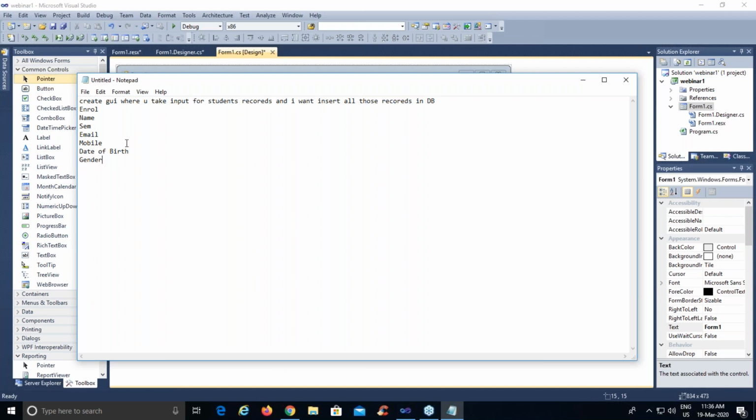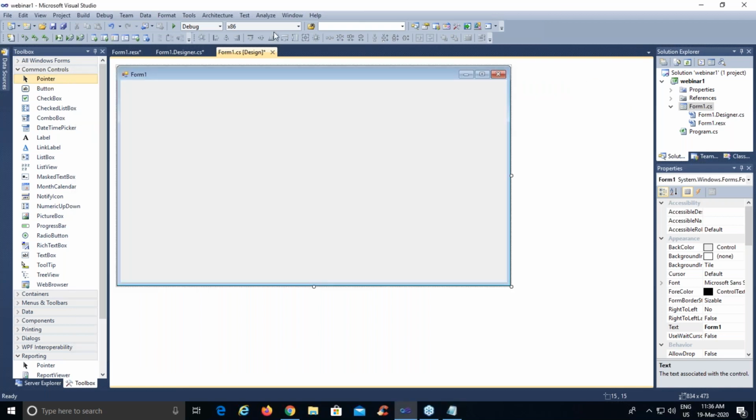These are the fields that I want to enter in a database. For this, I want to create a GUI in which a student is going to provide all these details. So let us start building the GUI. Just remember, we want to enter enrollment, name, semester, email, mobile, date of birth, and gender.